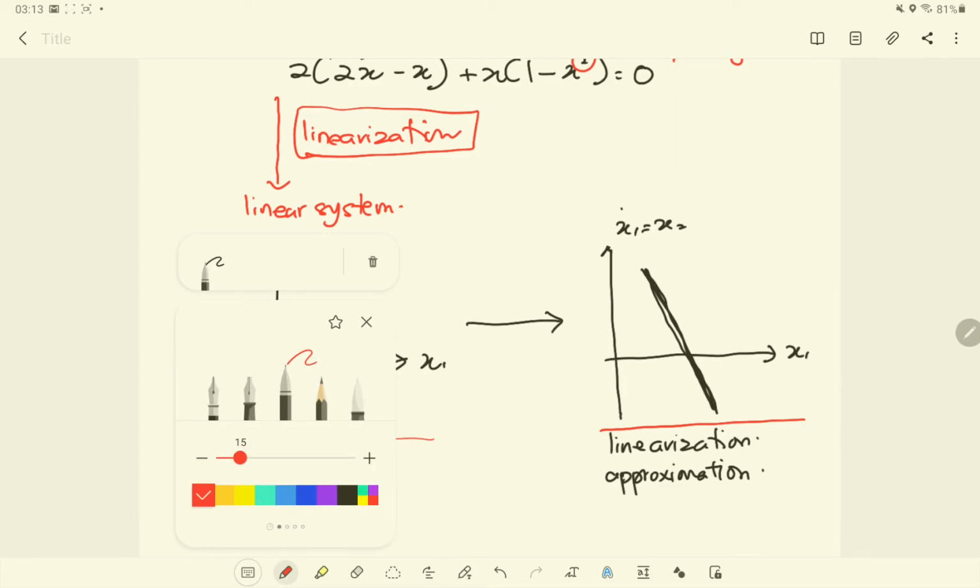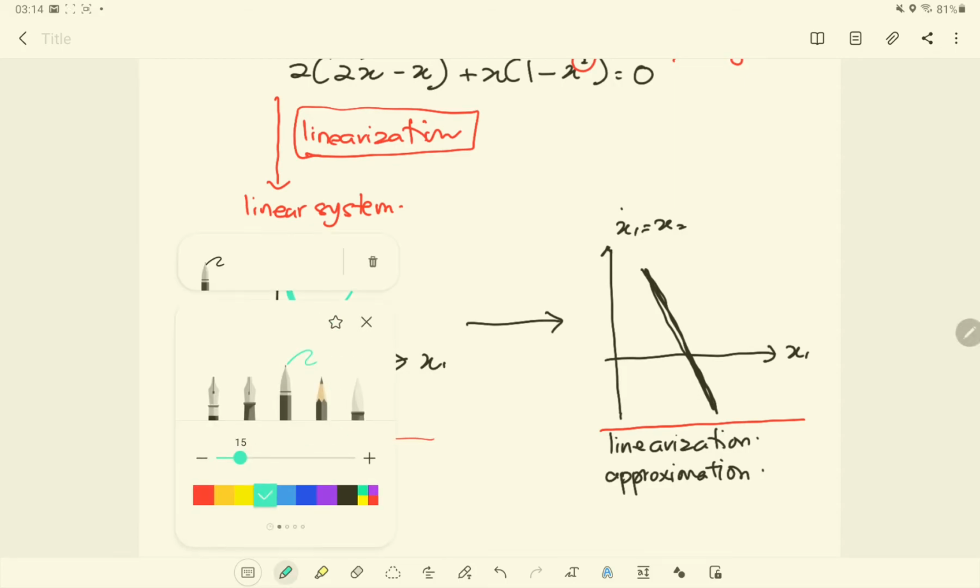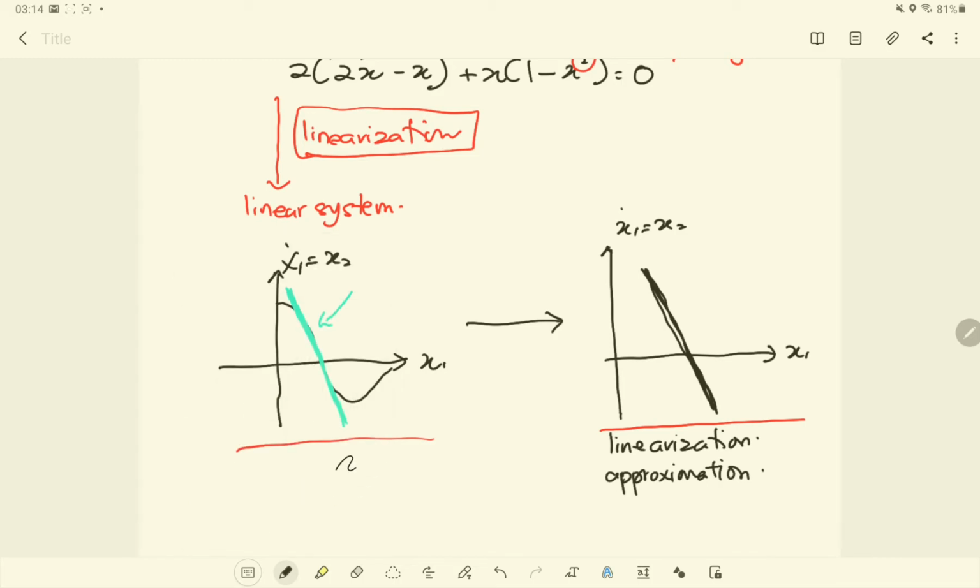Because from the nonlinear graph you can see that there is one part of this graph that looks like a linear function, so we just ignore the other part and we just use this part to approximate the linear function. So from a nonlinear graph, nonlinear system, nonlinear function to a linear graph, linear system, linear function, we use